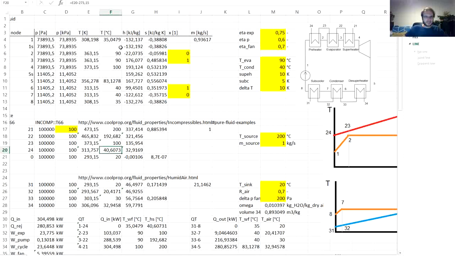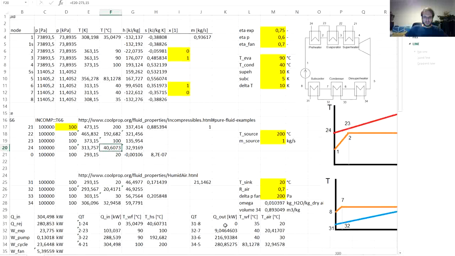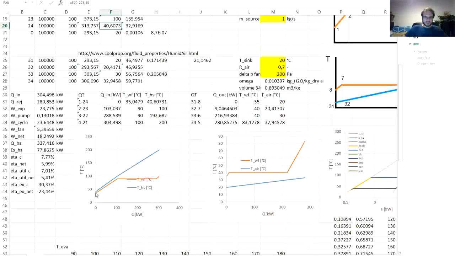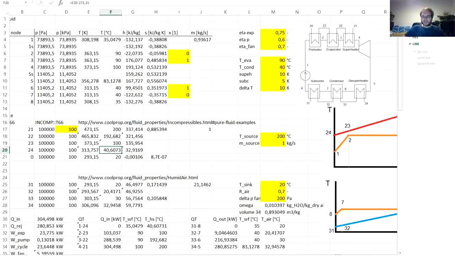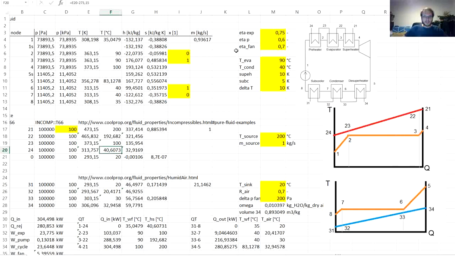40 degrees C, while the temperature at point 1 is 35, so the temperature difference of 10 degrees C would not be justified. So in this case, we would need to modify the model with an exception for the minimum temperature difference in here and recalculate the cycle. That's beyond the available time in our tutorial. So let's just see what happens if we